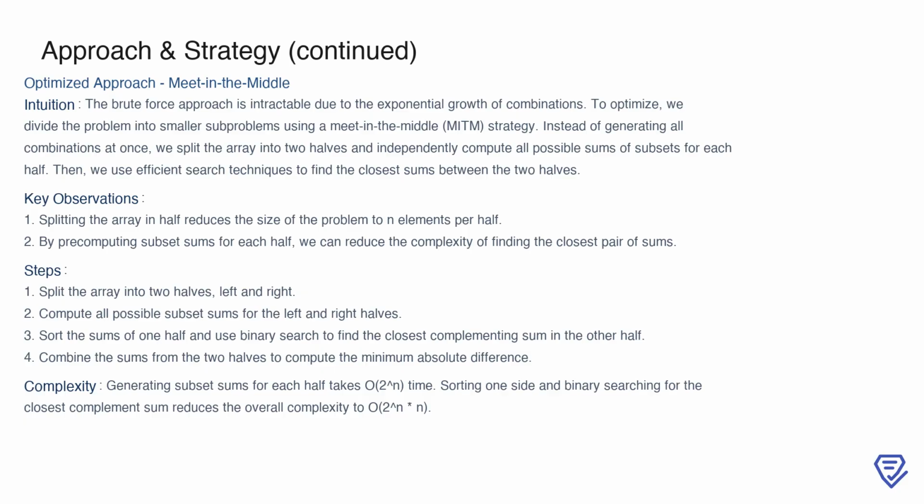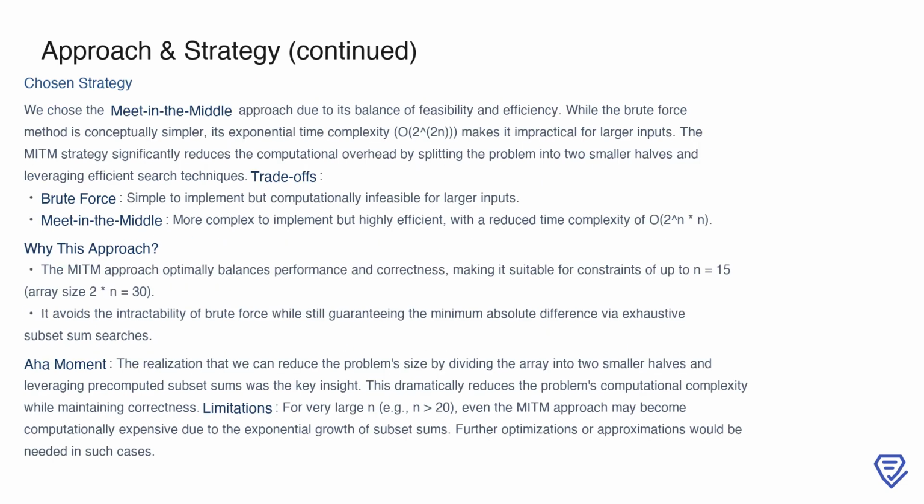This approach leverages the reduced problem size and efficient search techniques to achieve a significant improvement in computational complexity. Specifically, generating subset sums for each half takes O(2^n), and the combination step involving sorting and binary search reduces the overall complexity to O(2^n * n), making it much more feasible for larger input sizes. Given the trade-offs between the two approaches, we chose the meet-in-the-middle strategy for its balance of efficiency